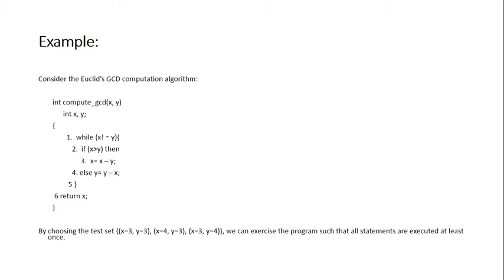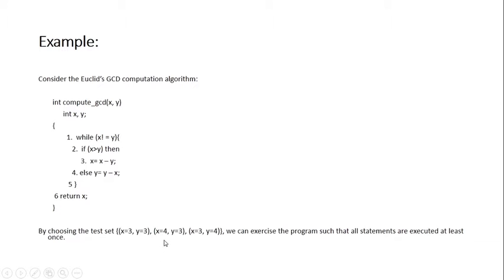Now in this case, what will be the test set or the test case design? One case for this while will be x not equal to y or equal to y. So we have taken x as 3 and y as 3. What will happen in this case? We have taken these to be equal. If they are equal, it simply returns the value of x. So this statement gets executed.